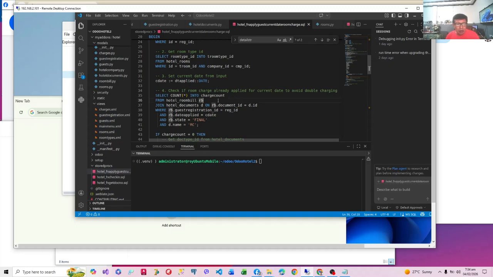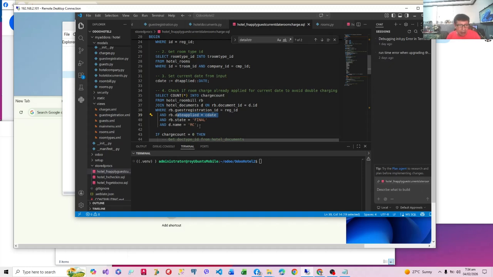So to avoid double charging, we are going to count the room charges in the existing room bill, given the guest registration ID, the date applied, and the state of final. Only finalized room bills are counted.